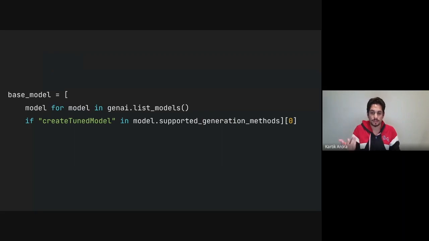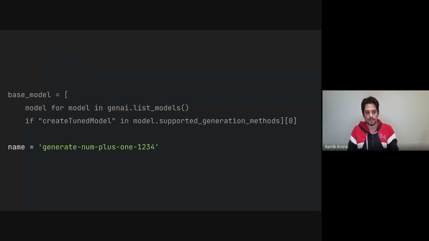And then in this example, I've literally taken the first one that's available, and that becomes my base model. And I'm just going to call it generate num plus 1, 1, 2, 3, 4. It's a name, but it's more like a unique ID. So next time I want to create another trained model, it can't be called 1, 2, 3, 4. I can call it something else.